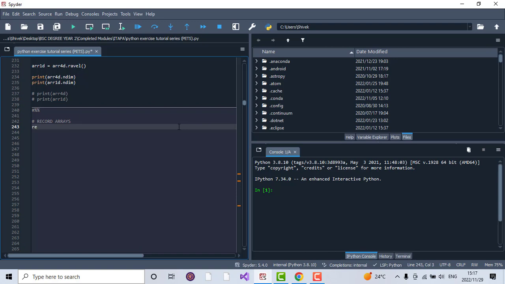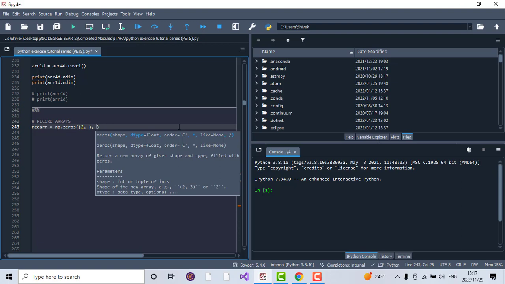So let's view an example. I'm creating a record array, recr, so that's the name of the object itself. Now within this numpy.zeros, I am providing a dtype parameter. I need to provide in a tuple all of the data types of the respective columns. Assume I'm just going to demonstrate with 3 columns. So I'm providing here within a tuple, in the form of a string, comma separated, the data types. So I have I4, F4,